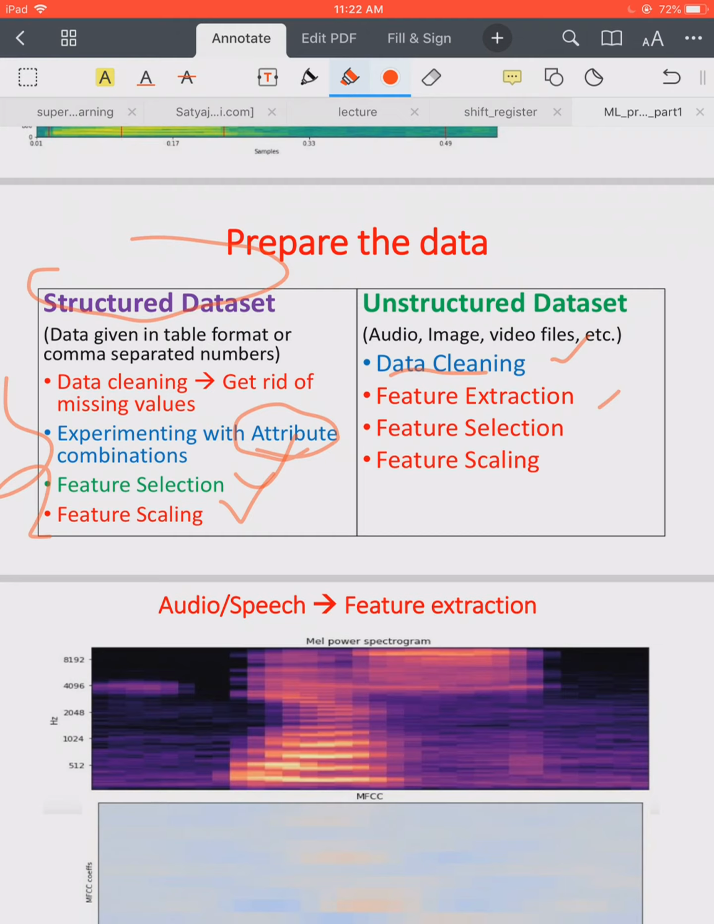It's not very straightforward for classical machine learning algorithms with unstructured data sets. And similarly, after feature extraction, you should employ feature selection and feature scaling. Okay. Sometimes